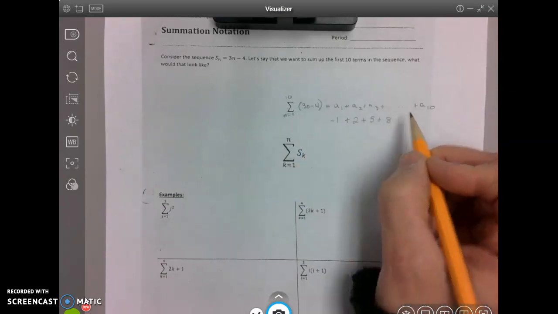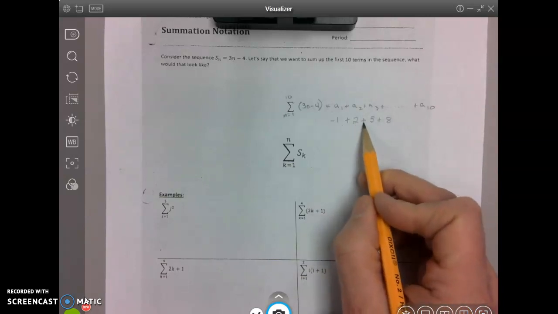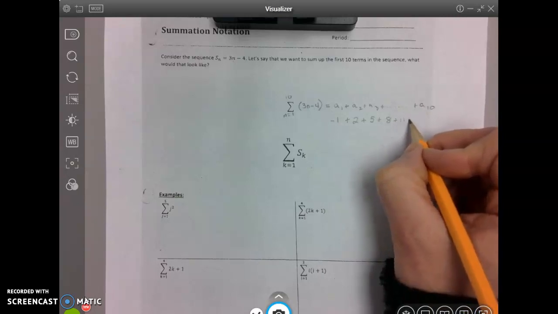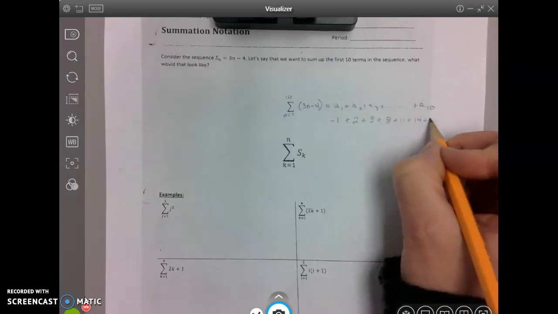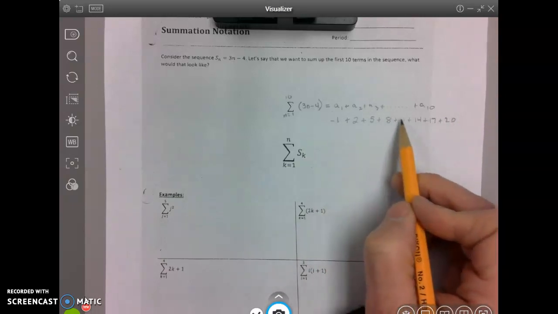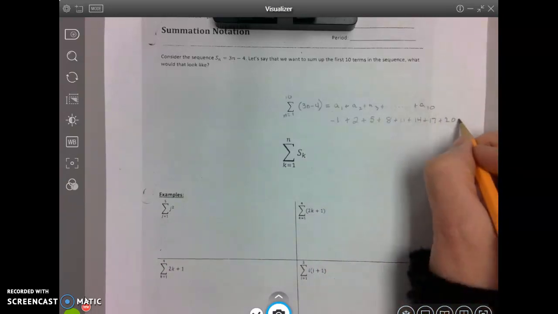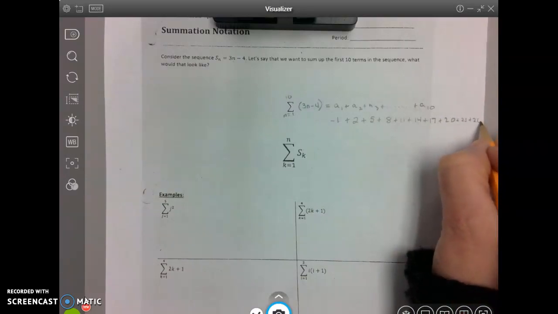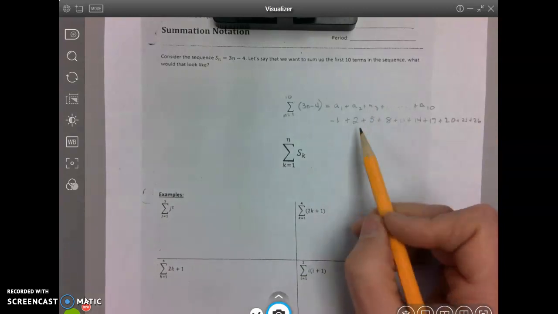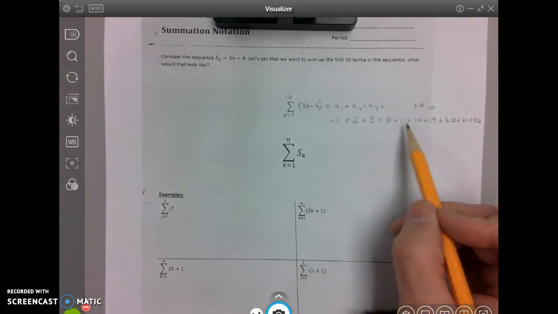And I can keep substituting in, or I can notice that my pattern is I keep adding 3. So then I would have 11, and then 14, and then 17, and then 20. Let's see, 1, 2, 3, 4, 5, 6, 7, 8, 9, 10. So there are my 10 terms, and what I need to do is I need to add them all